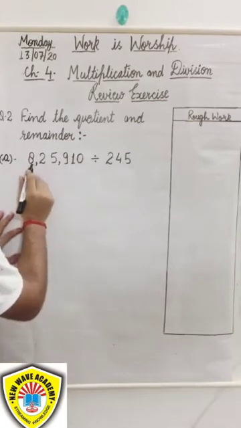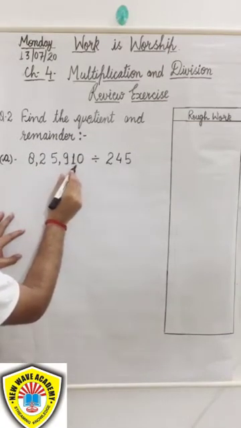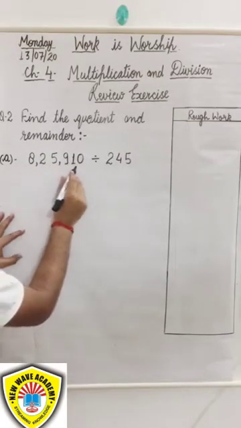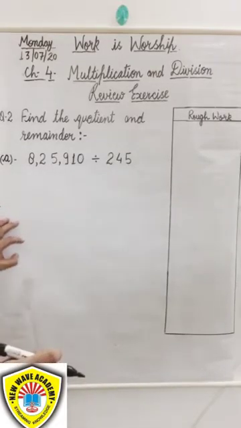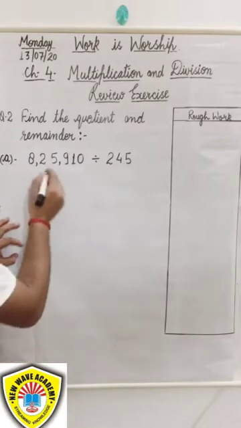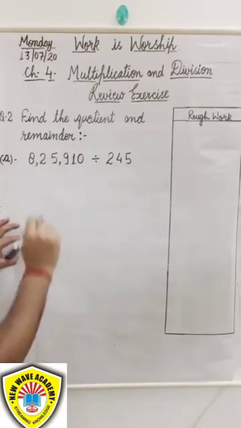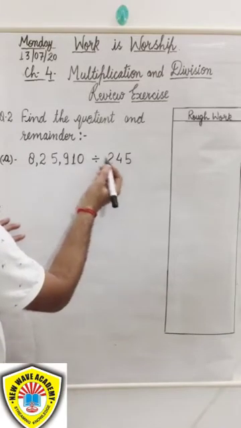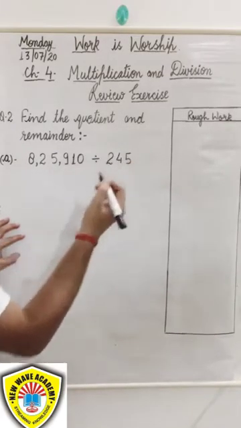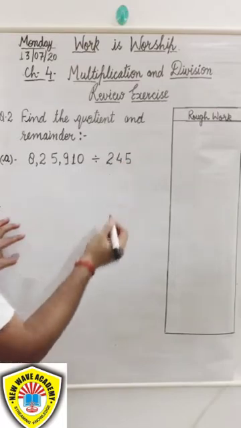Students, our next question is find the quotient and remainder. Here we have two numbers, 8,25,910, and we have to divide this number by 245. In our previous videos we have earlier discussed that the number which is going to be divided is called the dividend, and the number by which we divide the dividend is called the divisor. So 245 is our divisor, and